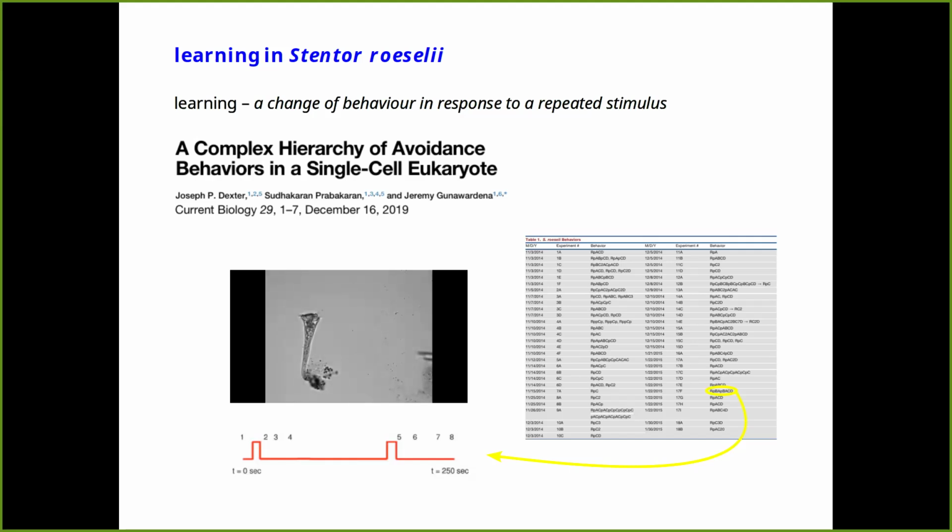This is okay. So you can see now that it goes back to a sort of normal shape. And then there's a gap in the video, which you can't see. You can't see the next pulse. But then you'll notice another ciliary alteration. And then bang, there's this very sudden contraction onto its holdfast. And it's amazingly fast. And then I'm afraid there's another kind of glitch in the video. And you can see that the Stentor is kind of extending itself. And it's basically trying to pull away from its holdfast there. And then it swims off. Okay, and this is just one example from a whole series of videos we did.